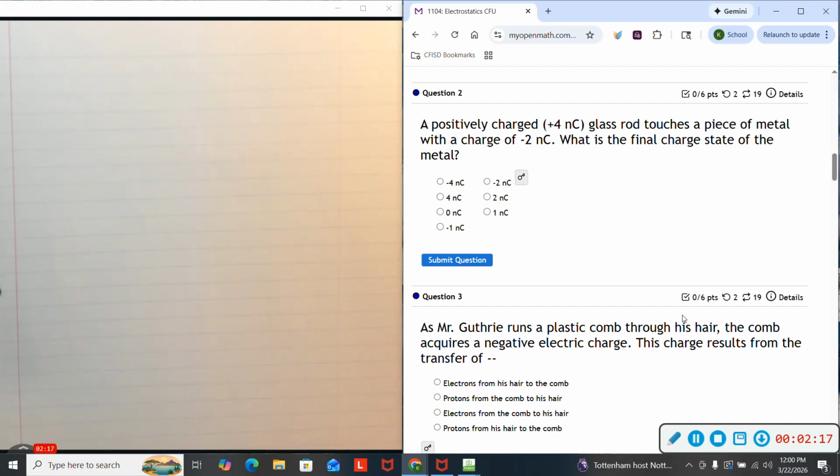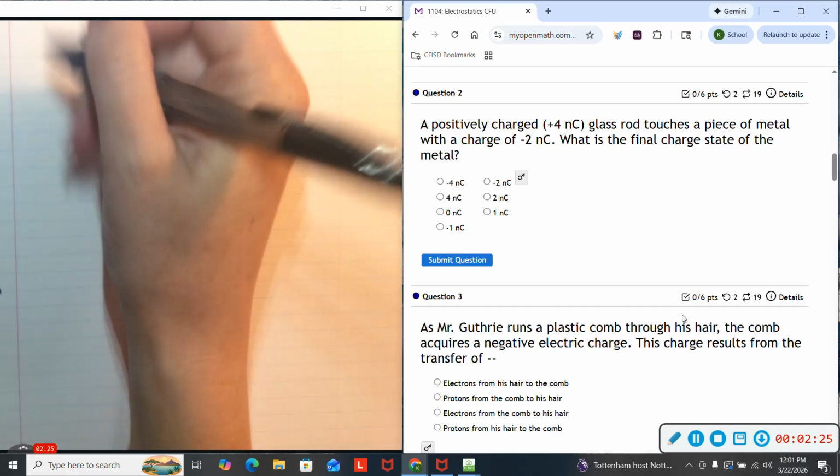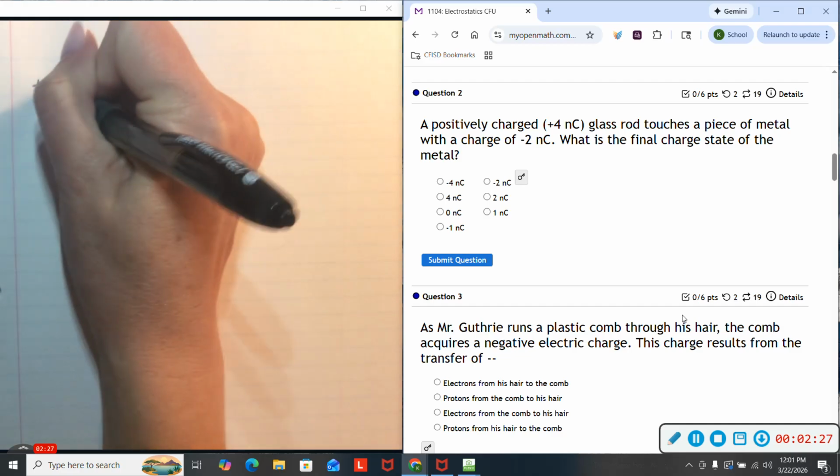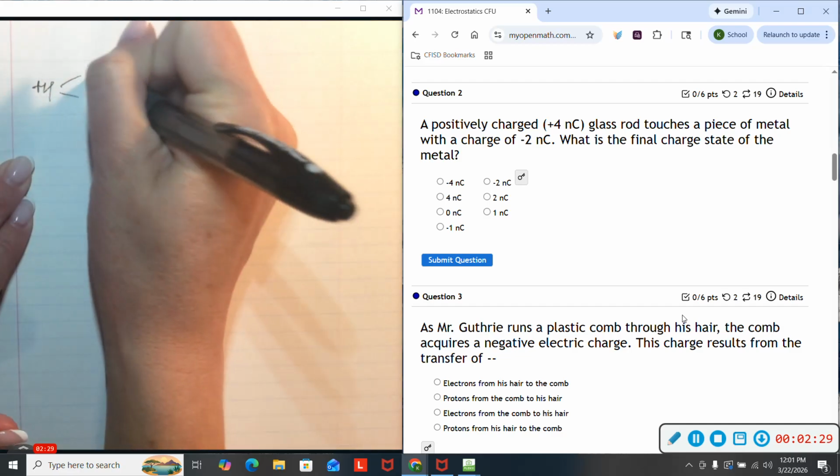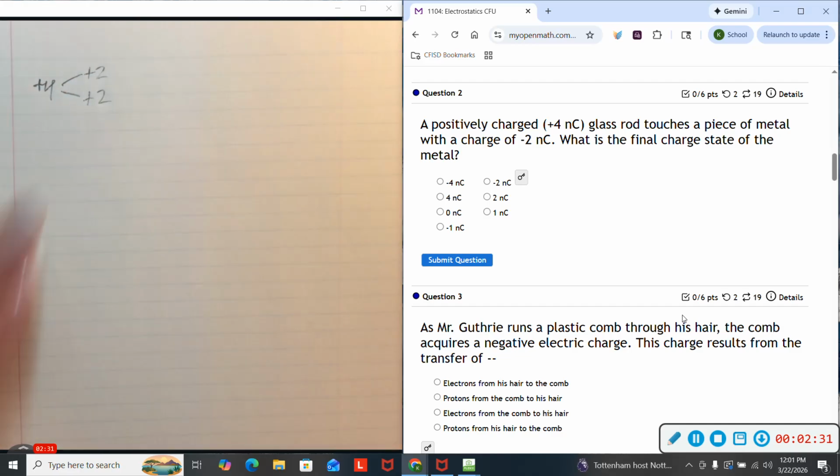So for example, if you had touched this positively charged rod to something neutral, let's say that it was +4 touching something neutral, well, that's a little bit easier of a problem, because you would take that +4 charge and you would split it in half, and then both objects would have a +2 charge afterward. And so that would be if it touched something that had a neutral charge, but we don't have that here. In this particular problem, we're dealing with